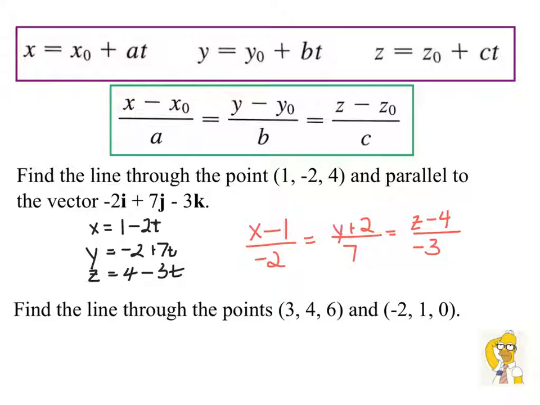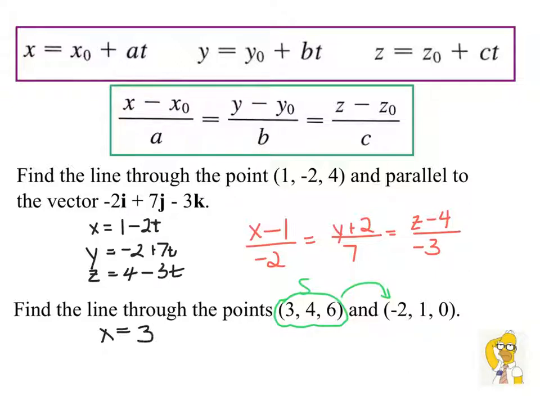Okay. Find the line that goes through those 2 points. Let's do this one with a parametrization, and you could really pick any point. I'm going to start with this point right here. And I'm going to move then to this point. So I'm going to just put S for start. So x equals